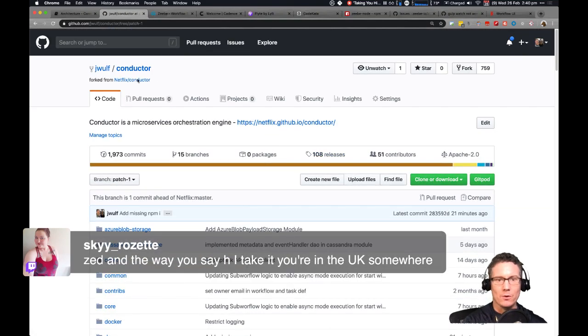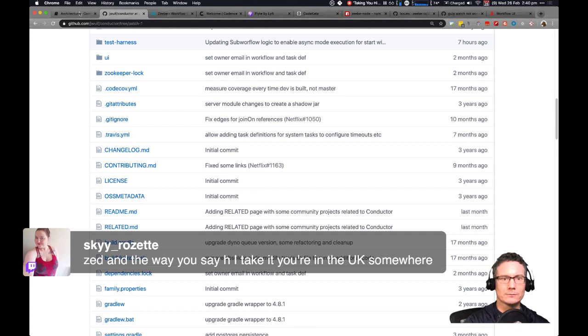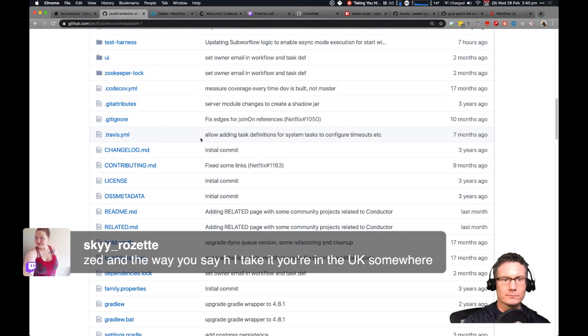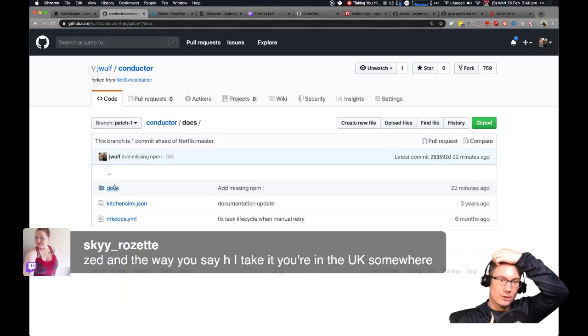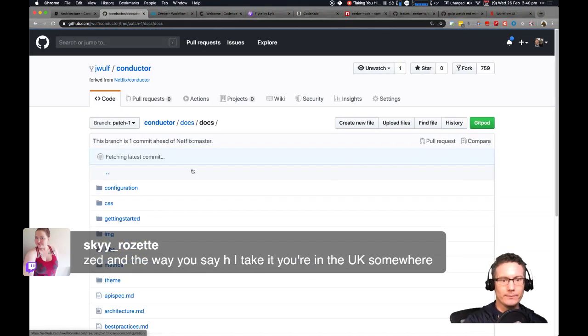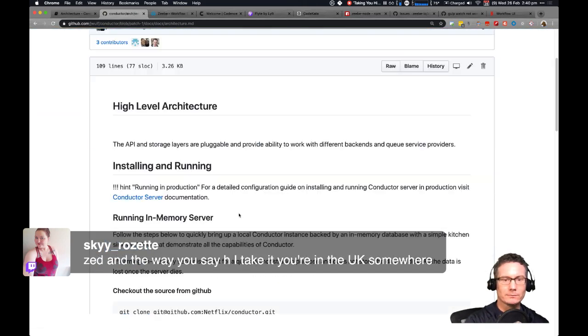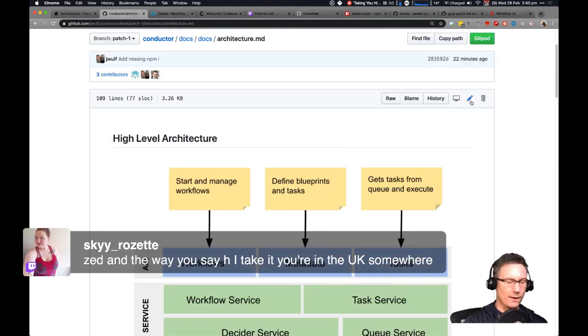So I'm looking at my fork. I'm on this branch. So yeah, if I edit that file on this branch, that will do it. So this one takes me to Conductor, edit dev, docs architecture. So it's in docs. Architecture. And there are my changes there. Okay.